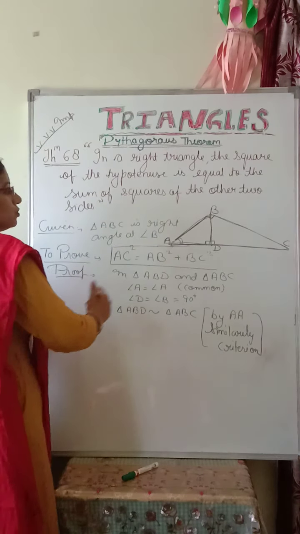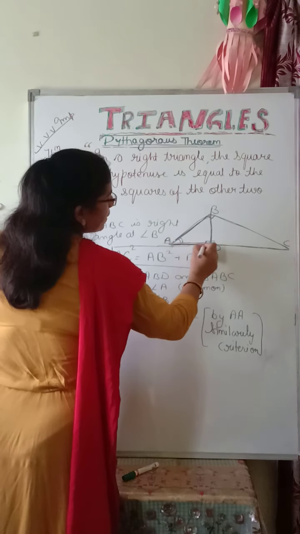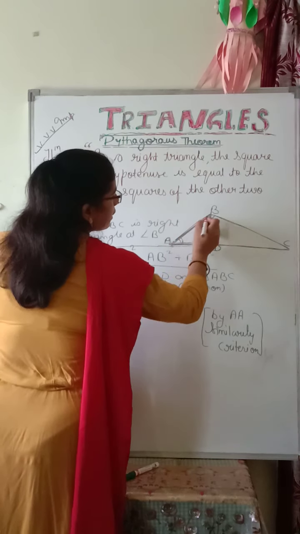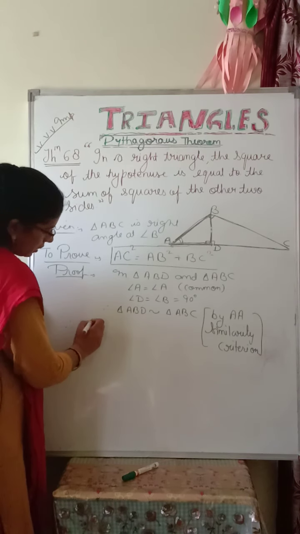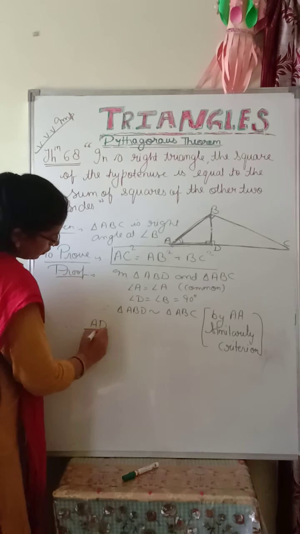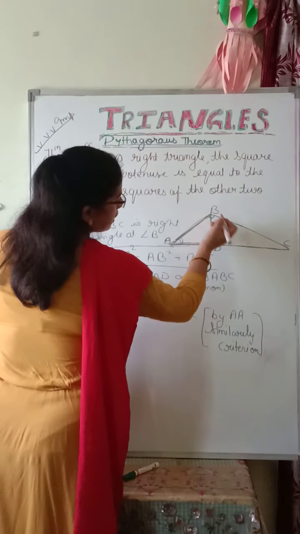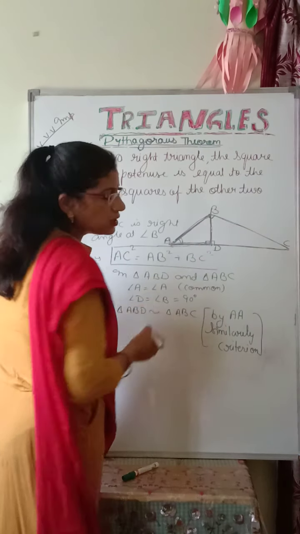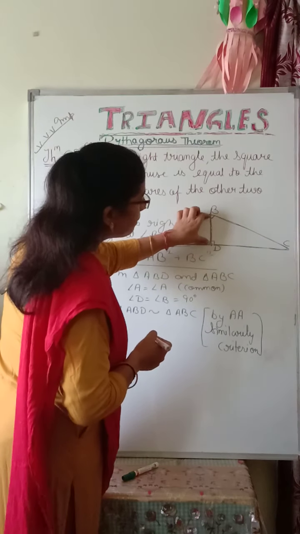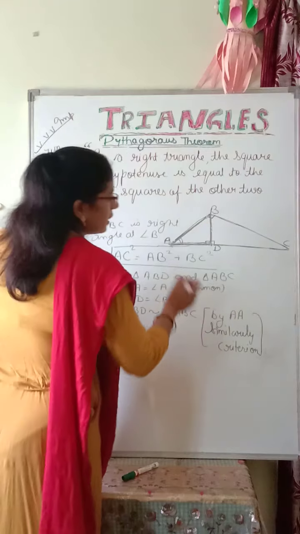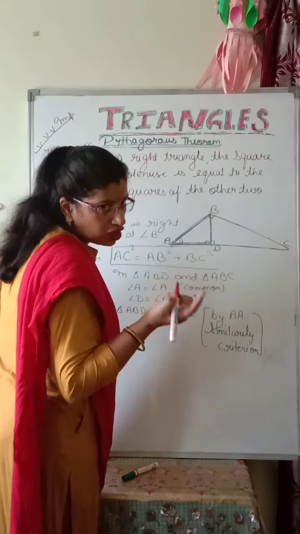Okay, so what we will do? In this triangle, this is the base, and in the big triangle, AB is the base. Therefore AD upon AB should be equal to. Now, we don't want this BD because while proving we want only AC square, AB square and BC square. BD we don't require, so no need to take this side. So base upon base is equal to hypotenuse upon hypotenuse.